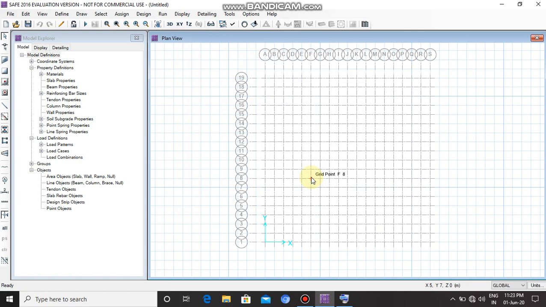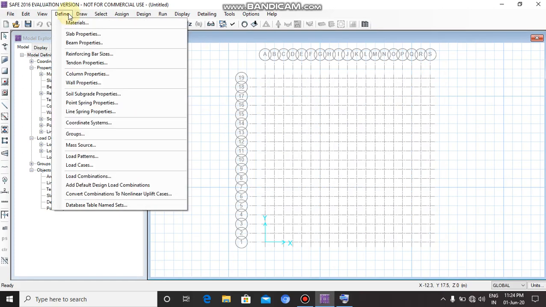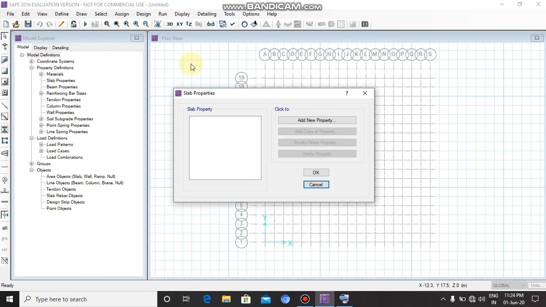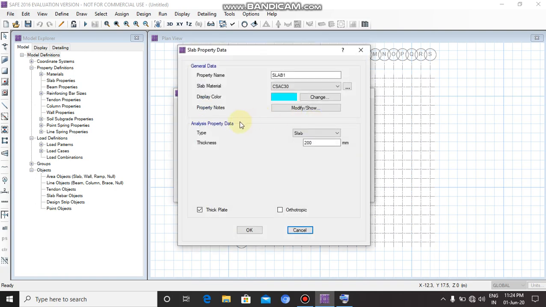Now you will define the elements with these materials. Define slab properties. Add new property for mat footing. We will use the same material for the footing as the column. So property name is mat footing.